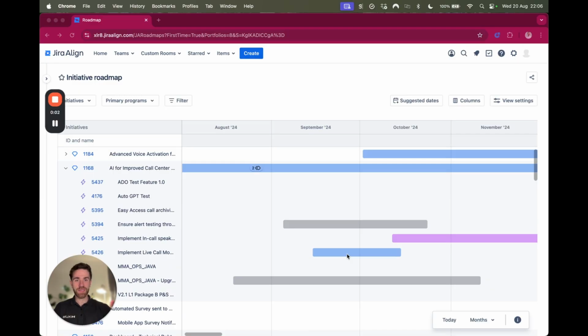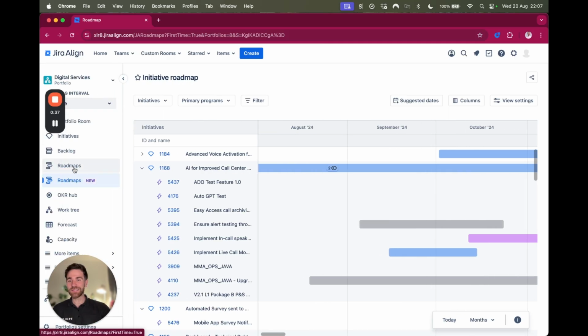Folks, in today's video we are going to be exploring Jira Align's new roadmap functionality. It's currently in beta release on the Jira Align platform, and I'm super excited about the evolution from the previous roadmap experience. It's definitely living up to all those base level expectations that we have from the other roadmap experiences across the Atlassian platform. And just before we delve into it, let's just have a look at the old roadmap